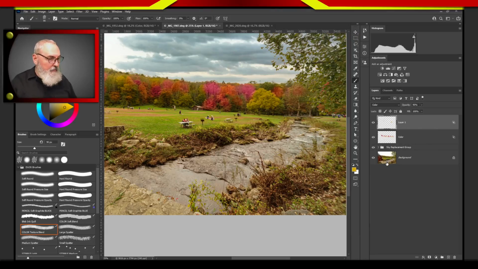I'll have to look into it. I don't use the sky replacement tool all that often, simply because I do my sky replacement with actual layer masks. I'll create my own layer mask, and I'll insert my own sky. But